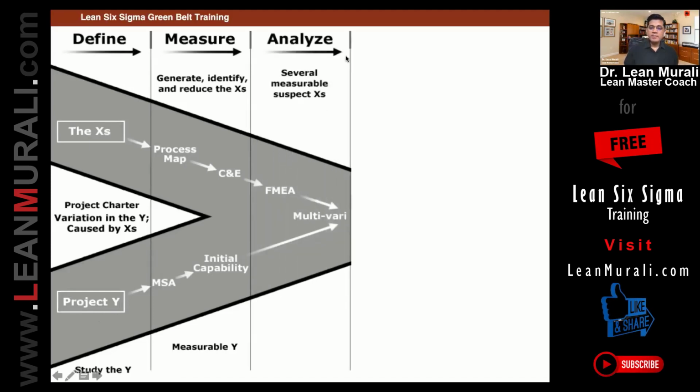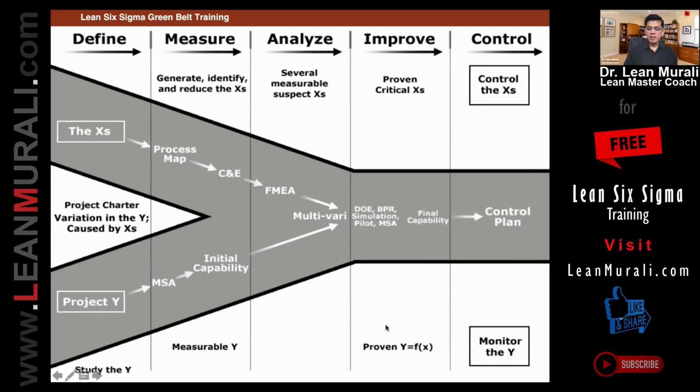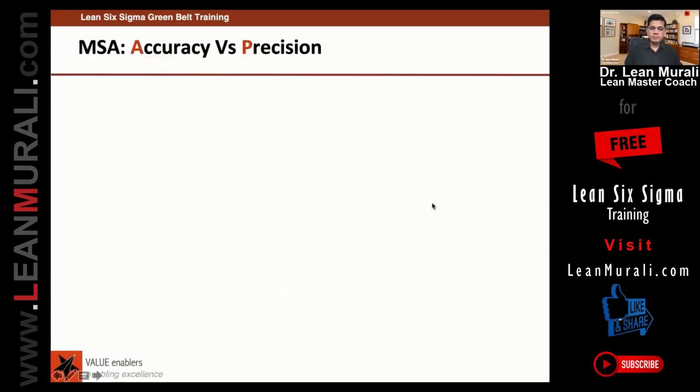And then in the analyze phase, you go through all this journey and several measurable suspects are there in X's. And then you implement the improvement and prove that this Y is influenced only by these X's. And finally, you monitor the Y and control the X's. With that, we will enter into